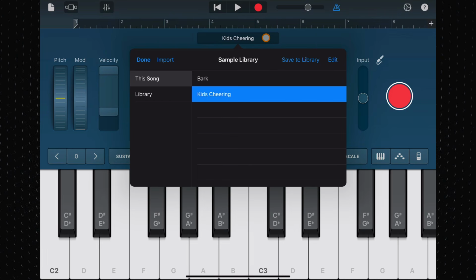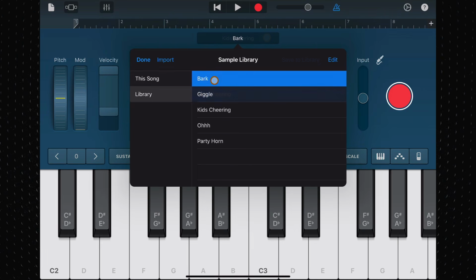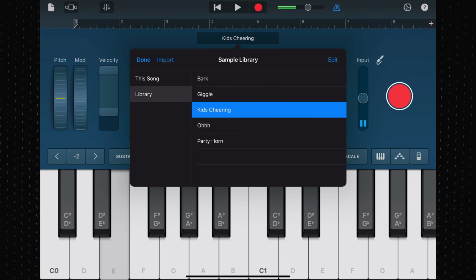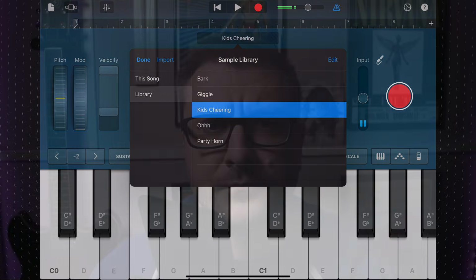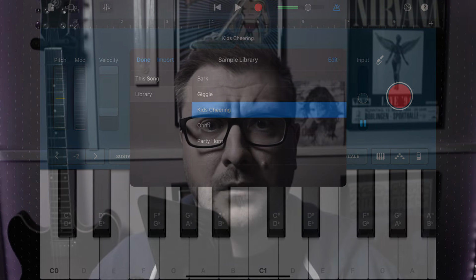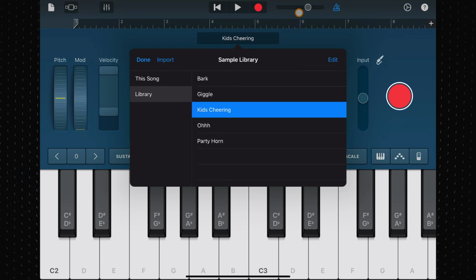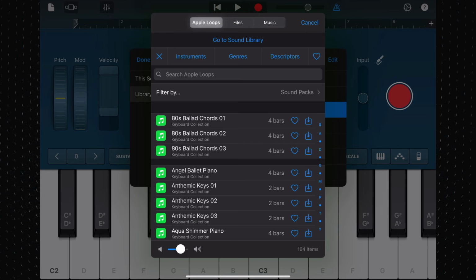From here, you can use some of Apple's pre-recorded samples, yeah, maybe don't do that. Or you can import other audio clips. You can add loops from GarageBand's loop library,